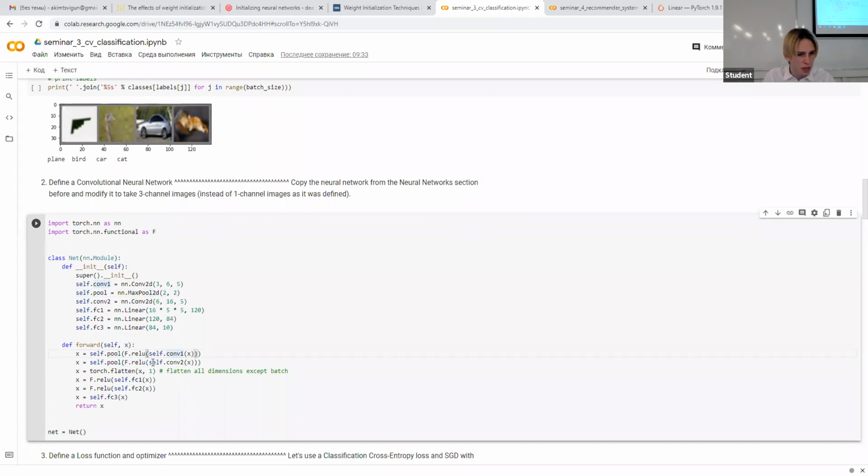On the next layer, again we apply the convolution, the ReLU, and the max pooling. Max pooling is here with filter size 2 by 2 and stride equal to 2, which means that after this step,